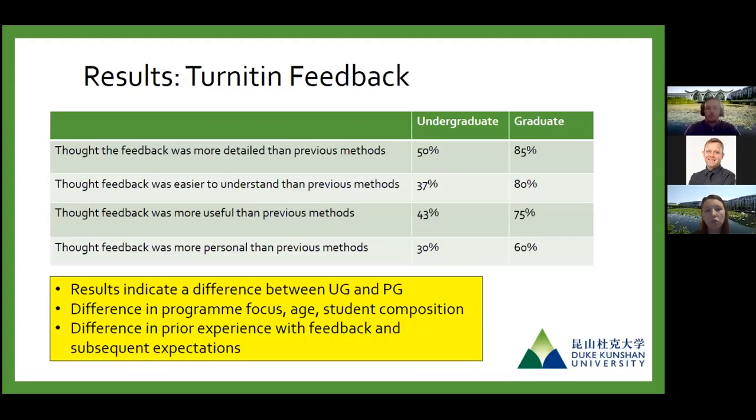Also in terms of the student composition, as I mentioned before, the graduate students, postgraduate students, stay together. They're a much smaller course of students. They have much less exposure to different faculty, different ways of giving and receiving feedback, and different input practices. Whereas in the UG program, they're having a 7-week course and they're changing those 7-week courses all the time. So they're much more broadly exposed to different professors, different ways of working, and getting different types of feedback as well.